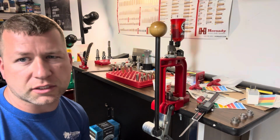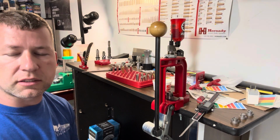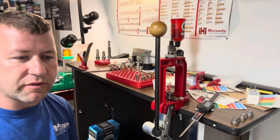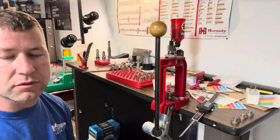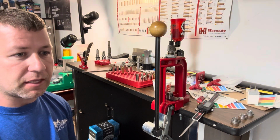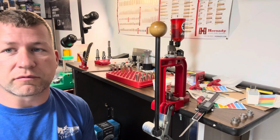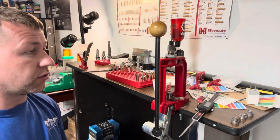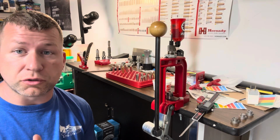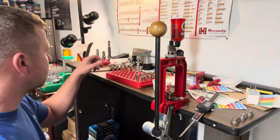On my competition guns, I always do around a 2 thou clearance. Of course, you don't really have the elements exposed to you there, and all the time in the world. If a cartridge won't chamber, you can do something different, versus when you're sitting in a tree or a blind hunting, calling a coyote, you shoot, you go to rack another round, you want to ensure that it actually goes. So